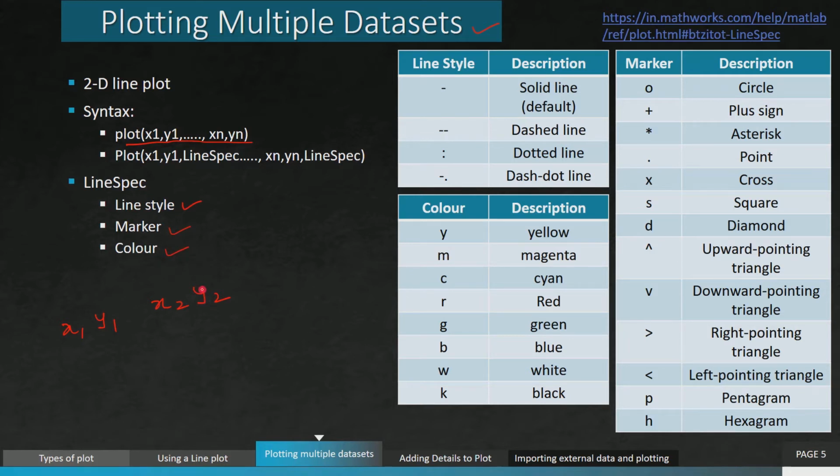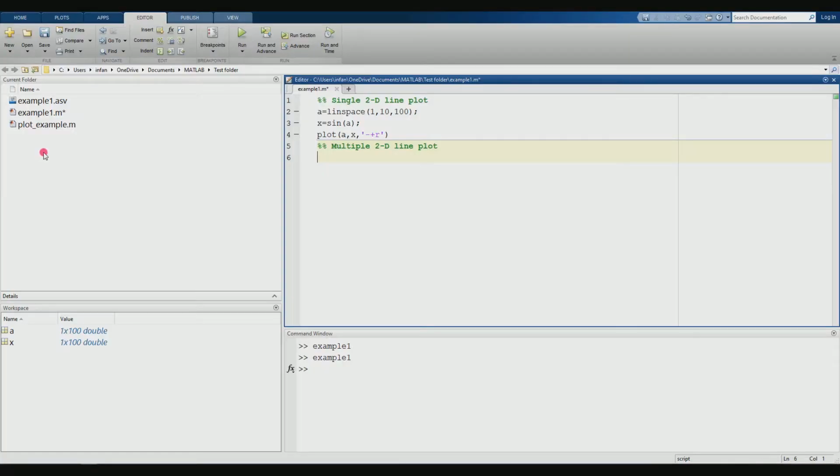Now let's take a live demo. Let's see a live demo about how to create multiple 2D line plots. The syntax is going to remain the same. Let me create two data sets here. I'm going to repeat the same function for x. x is equivalent to sine of a.